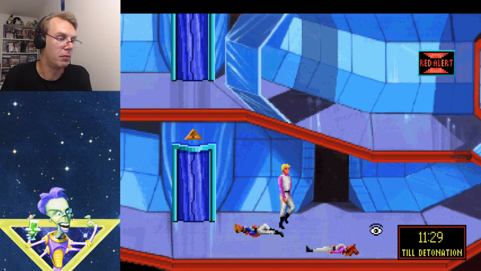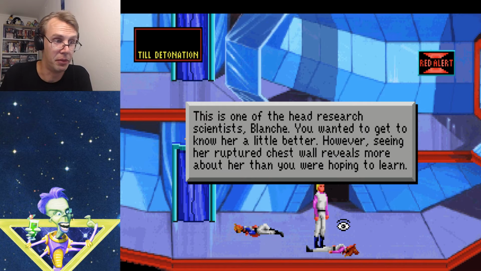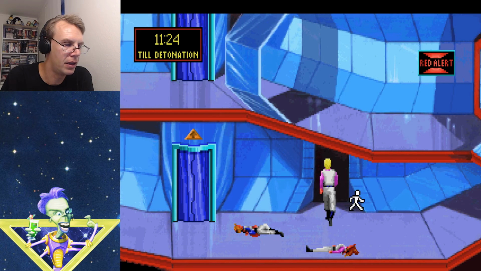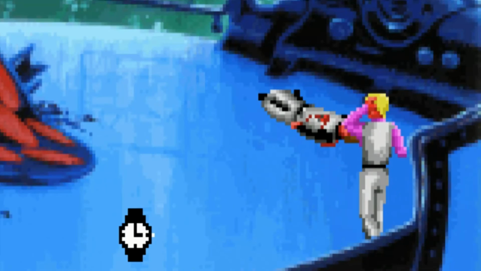This is Blanche, I believe. Yes, this is one of the head research scientists, Blanche. You wanted to get to know her a little better. However, seeing her ruptured chest wall reveals more about her than you were hoping to learn. Cool. Well, before more Sarians show up, let's just head on into this room, where